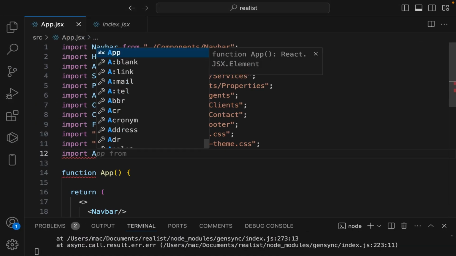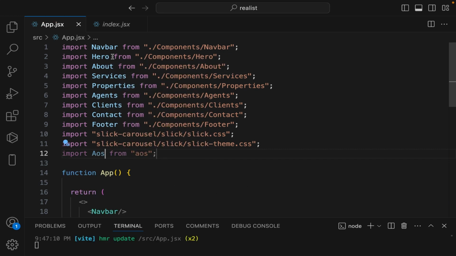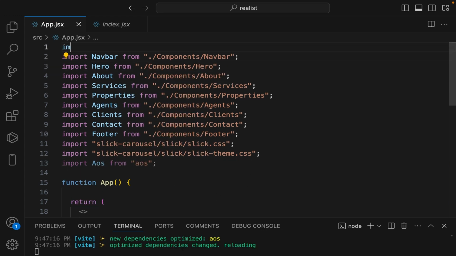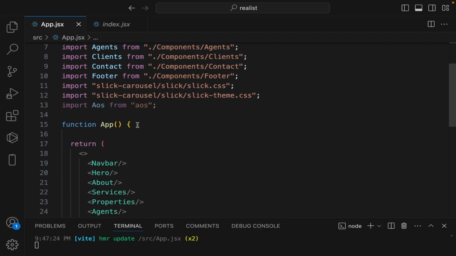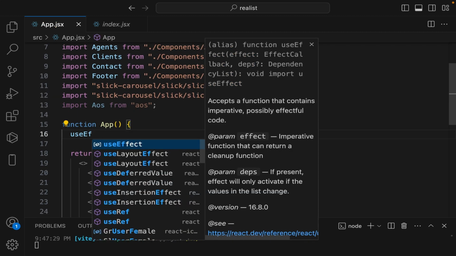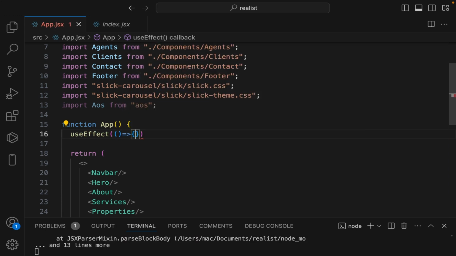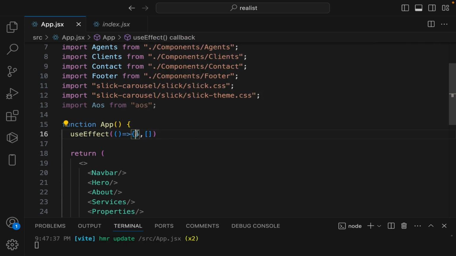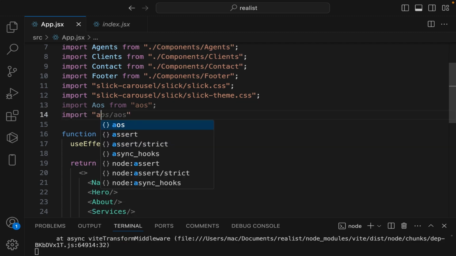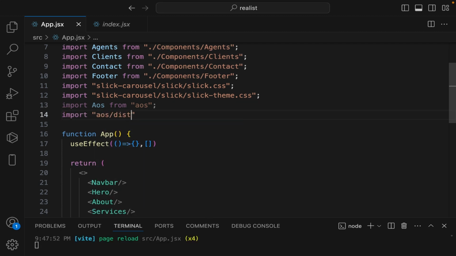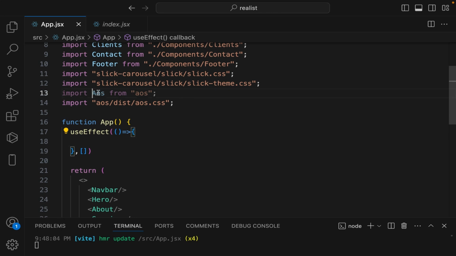So let's import AOS from AOS. All right. Now I'm going to import useEffect. I will initialize it within a useEffect. Now let's open this callback function. But before then, let's import the AOS CSS. Guys, you need to import the AOS CSS file before you can make use of it. If not, it will not work. So let's say